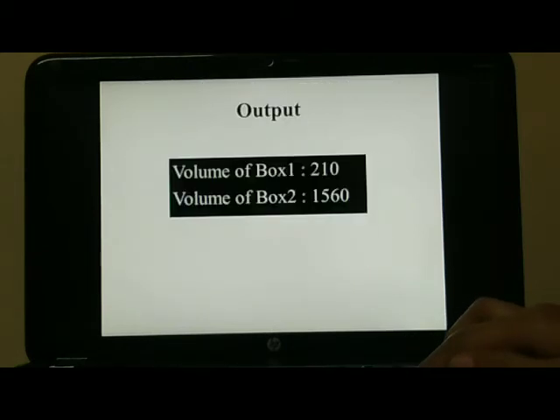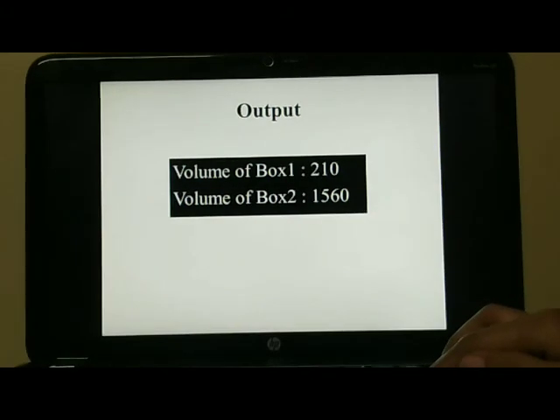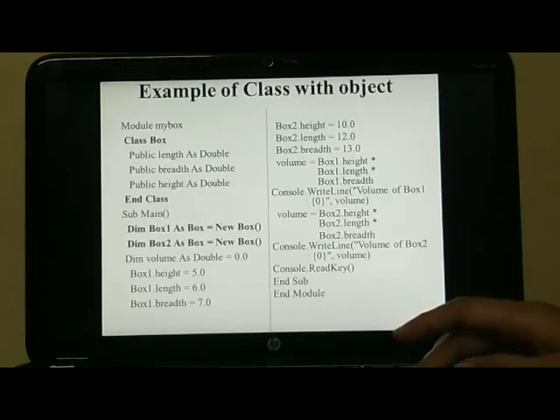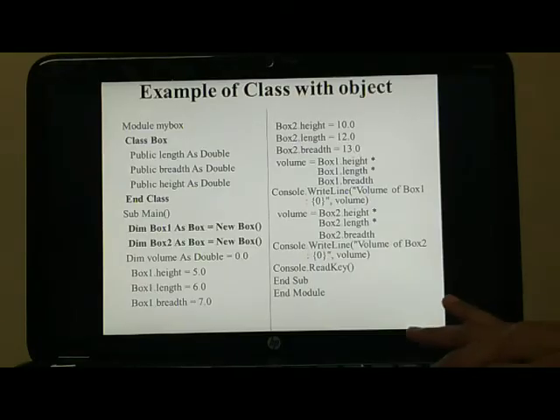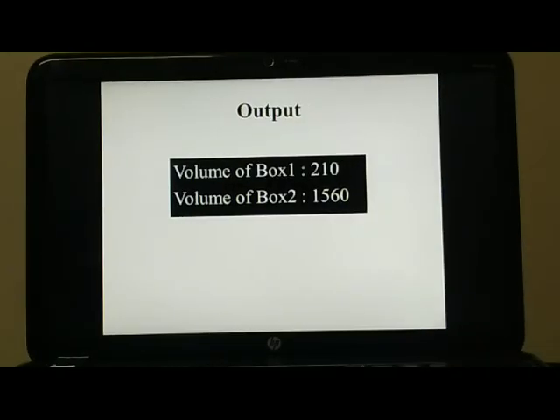The output would be: the volume of box1 is 210 and the second is 1560. As we have taken input over here, the object is as. So after this output, we can see that